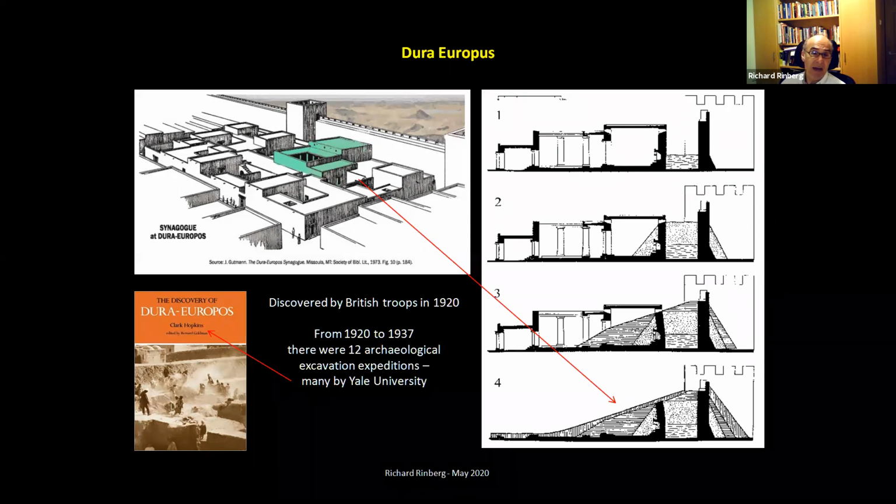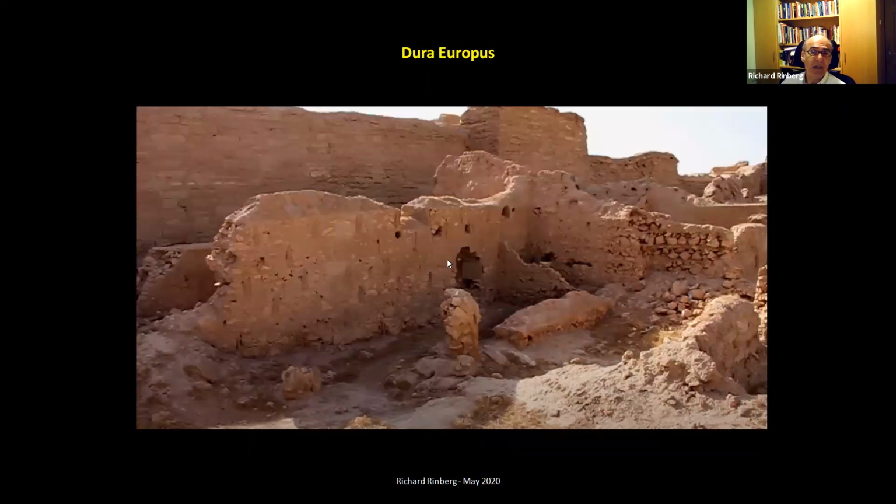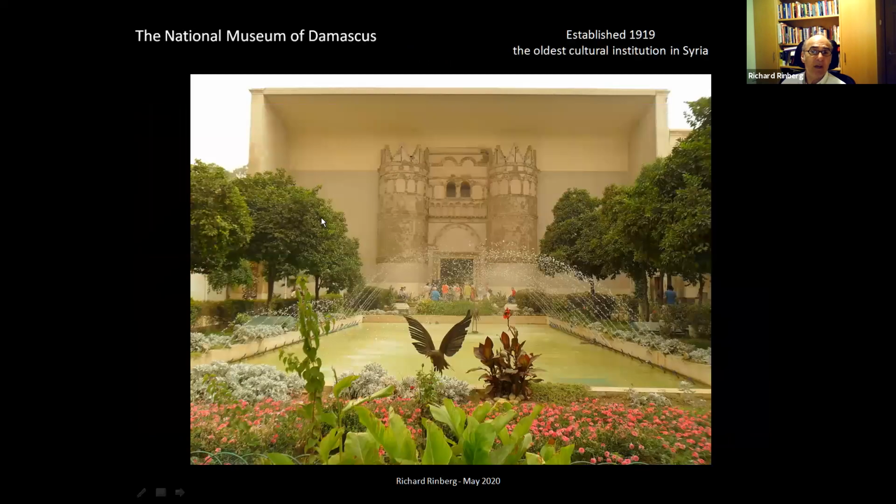And there it lay until the 1920s, when British troops were in the area after the First World War, and they found some of the rubble, and they were trying to understand what it was, and they realized there's something to dig for here. And Yale, in fact, picks it up, and there are 12 excavations here. And this is the shul area, but when they've taken away what was actually facing these walls, and they go just up the road about 200 kilometers, I think, from where I am, to the National Museum of Damascus,